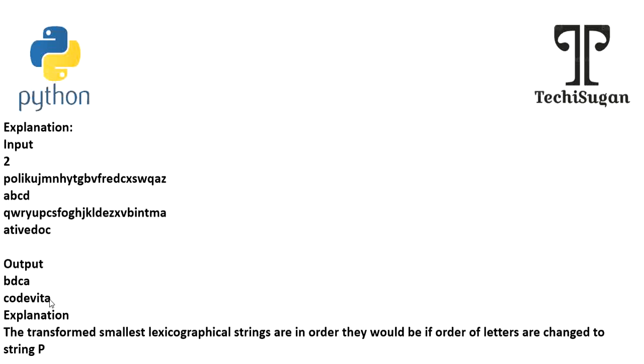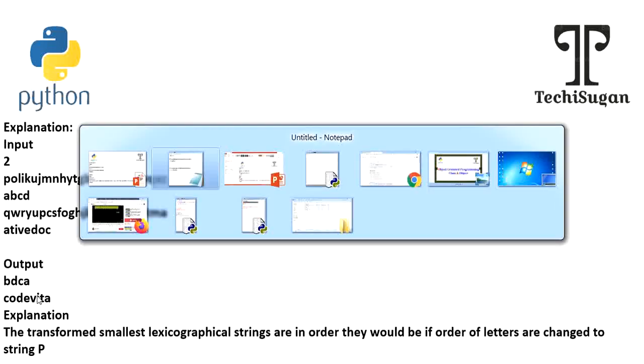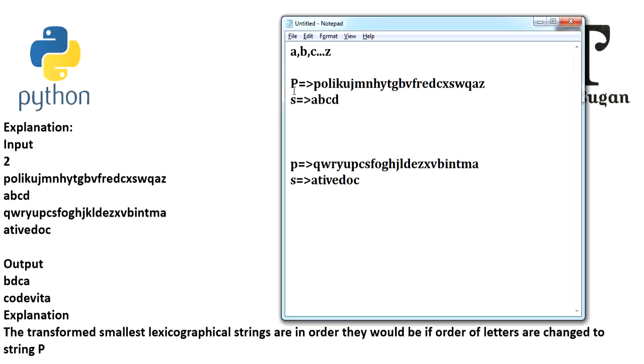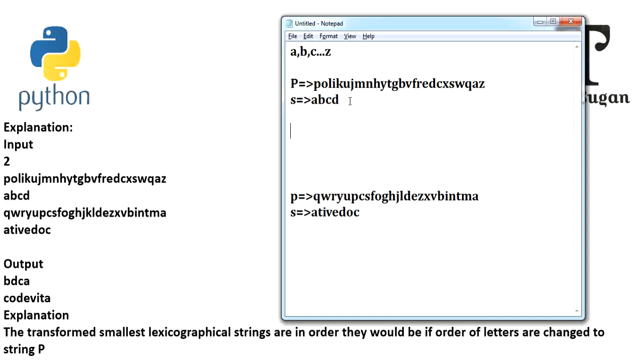Now let us understand on what basis they are forming this output. You can notice that this is your first test case, this is the value of P they have given here, and this is your value of S. Now we are supposed to form the result based on these two values. So what you are going to do is find the common elements. We are going to take the string P and find whichever elements of P occur in S, and the order.